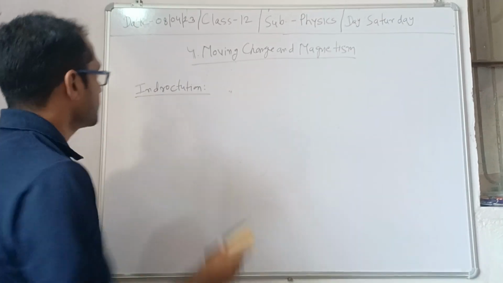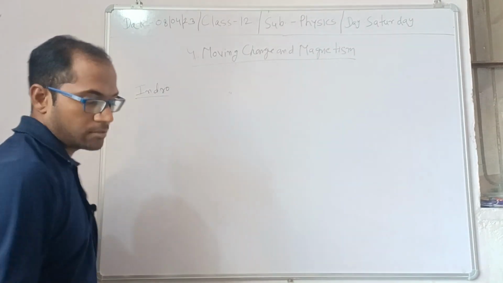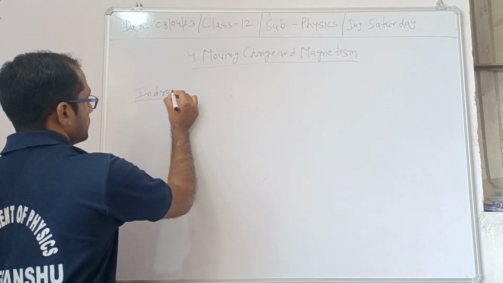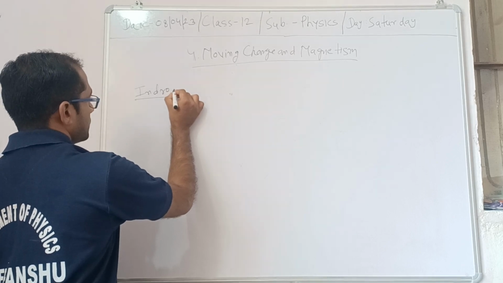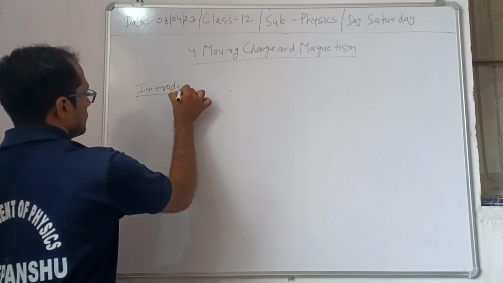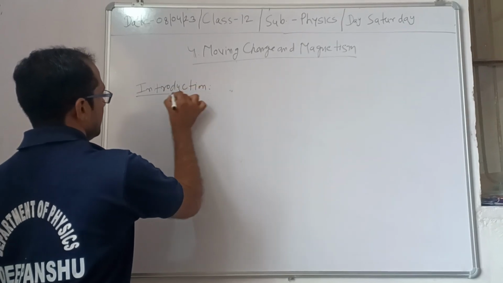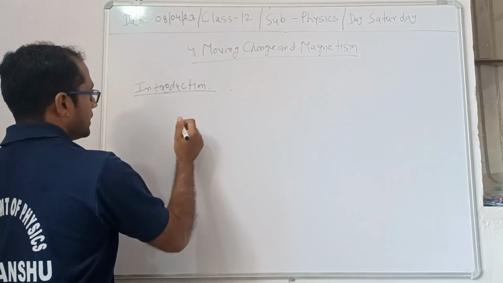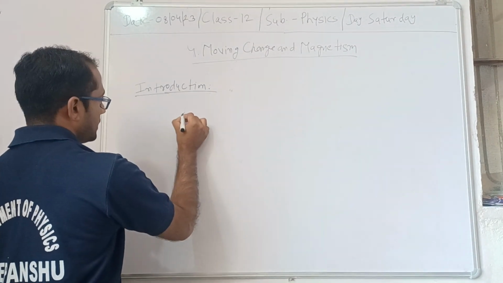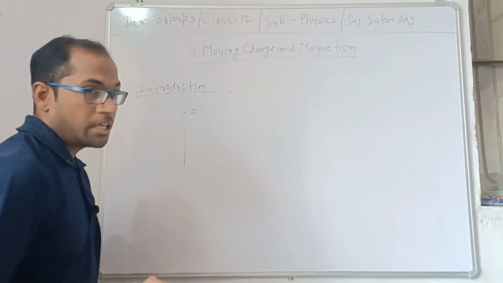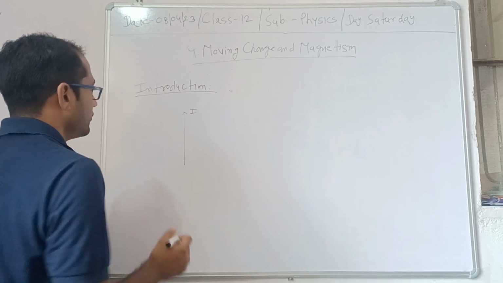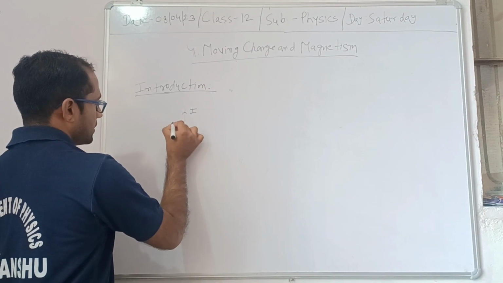The introduction is, basically, if we take a current carrying wire, in this wire the current flows upward. If you put a compass needle near this current carrying wire like this,